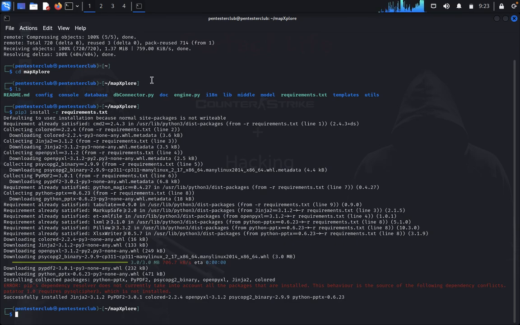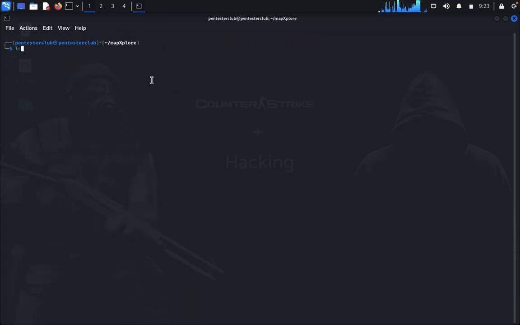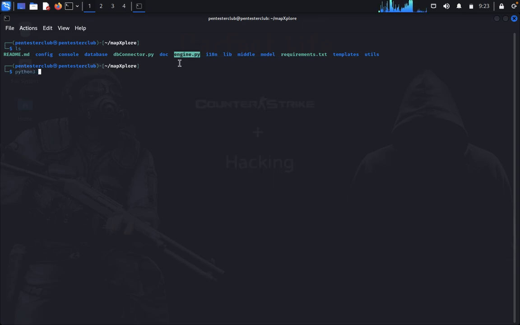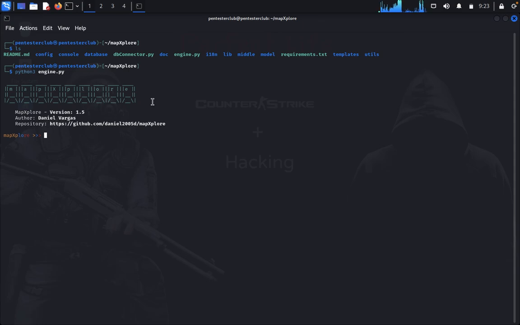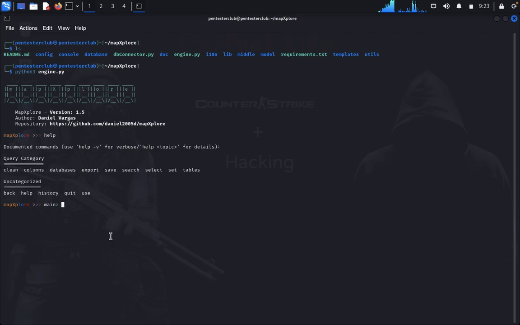Installation is done here. Now just type list, and then type python3. Now I would like to run engine.py. Let's see here. Yes, now we got Map Explorer. Now just type help. We need to import our config or SQLMap data, so we can import it here. So we just type clean,